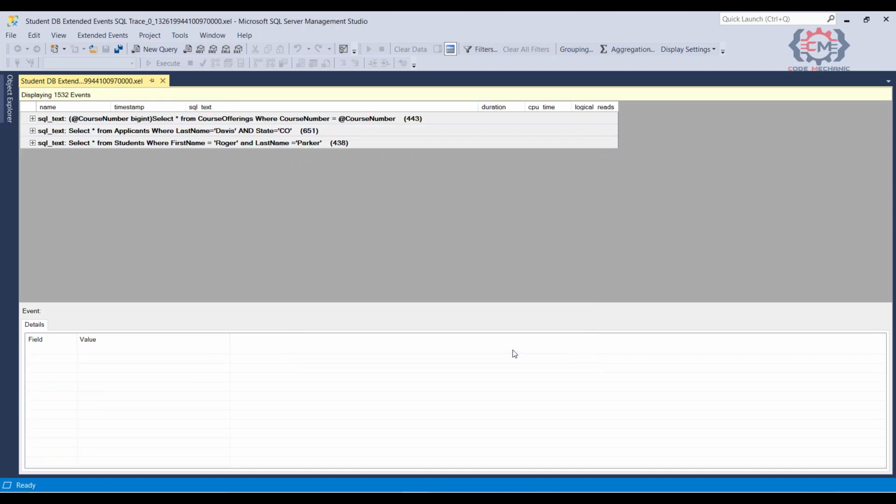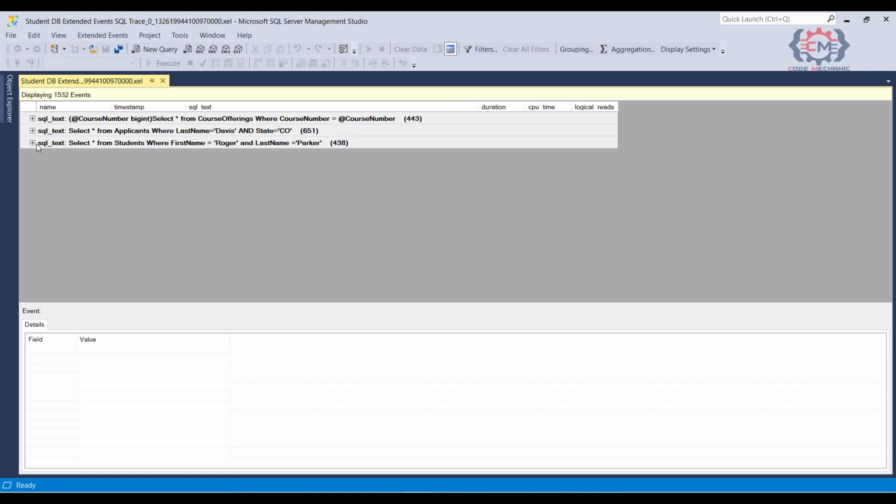Remember, this was the global field for our events that we made sure to capture when we set up our trace. We did that because this field contains just the SQL of the statement or the stored procedure name and not the parameters. So now we can group our statements by that SQL. So we see that view of the data here.